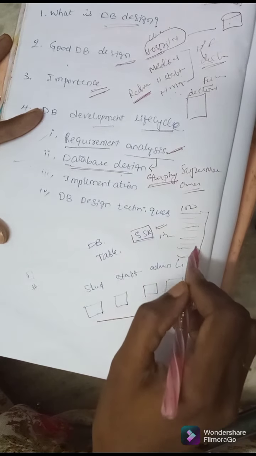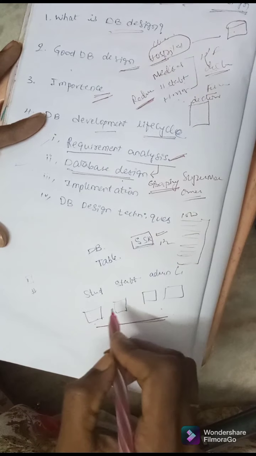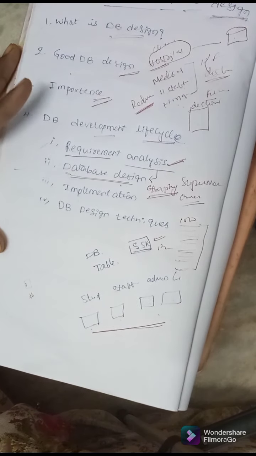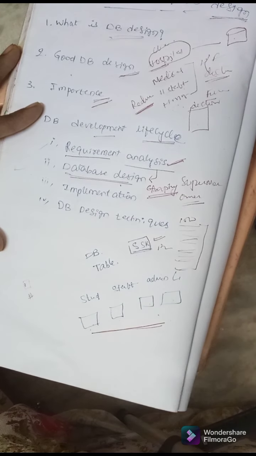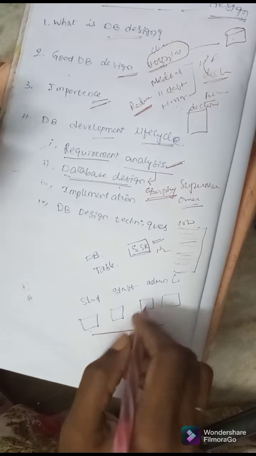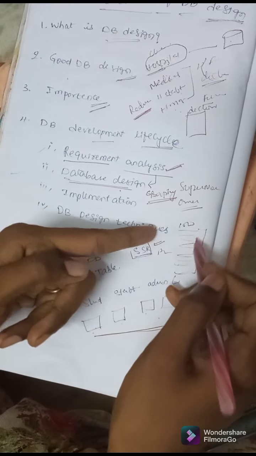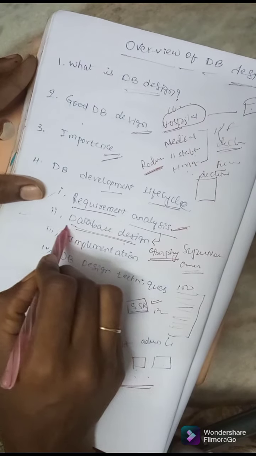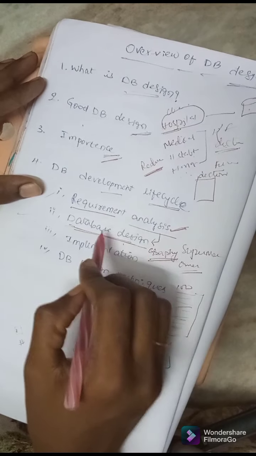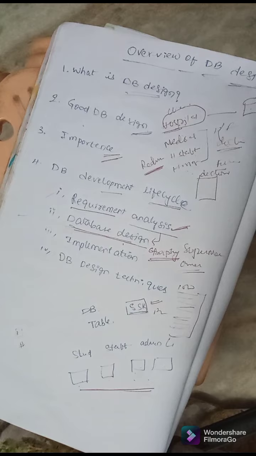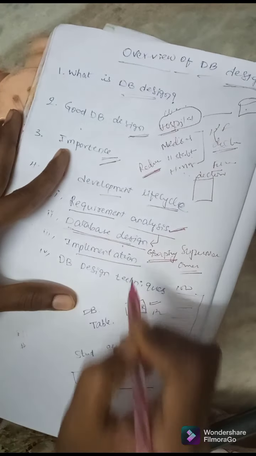How are you representing this graphically, like student table, staff table, administration, library, scholarship department? So you have to divide the complete data into tables and place the things and conditions into these tables. That means from requirements, text is converted to graphical manner, that we call the database design. So we already covered this in the last classes. Next is what? Implementation.